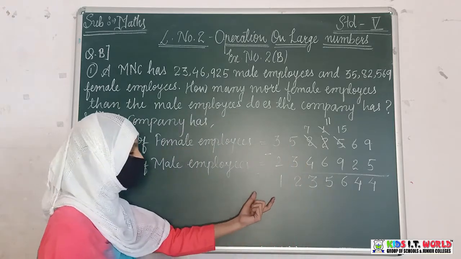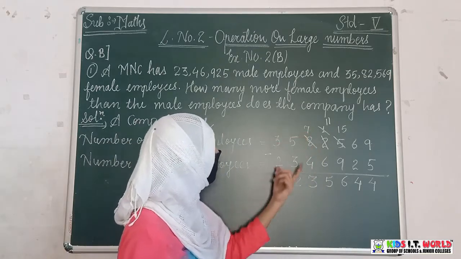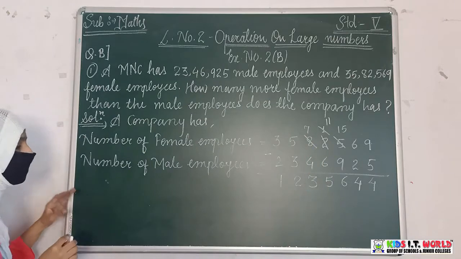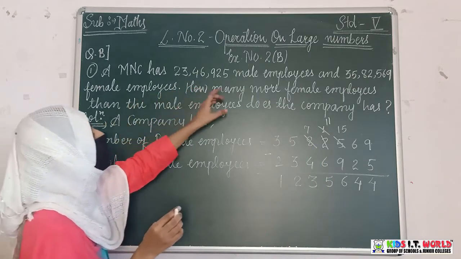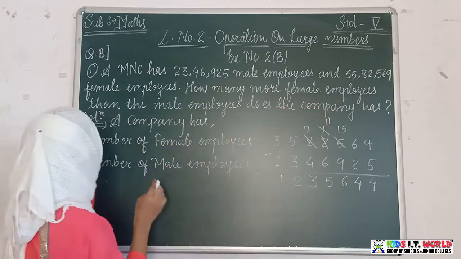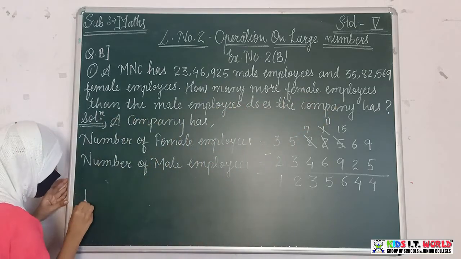So we got the answer, that is how many female employees are greater than the male employees. So write it in the wording form. How will you write? What you have to find? First see the last sentence of the question, how many more female employees than the male employees. So hence,